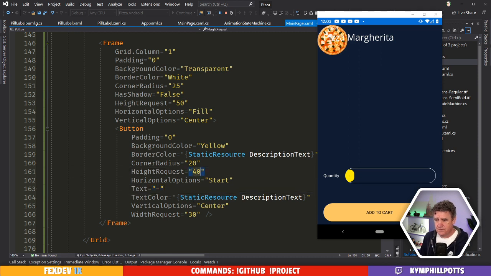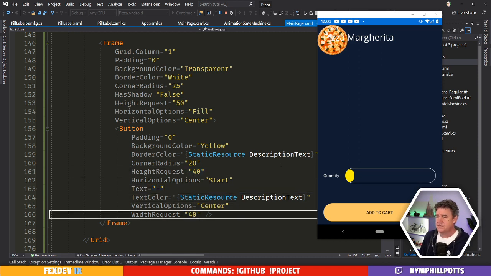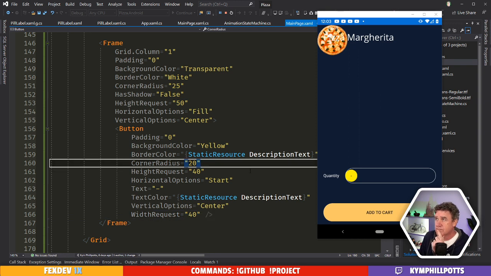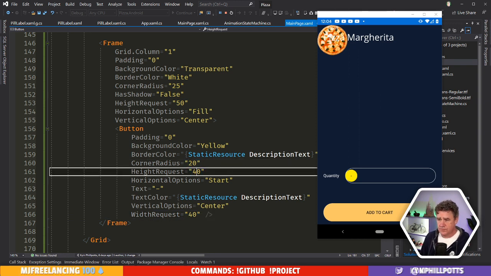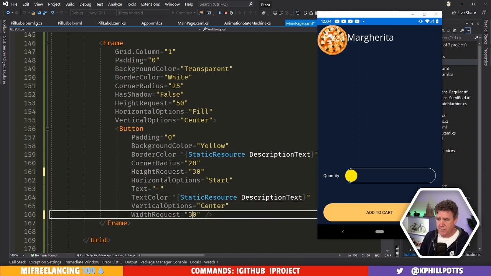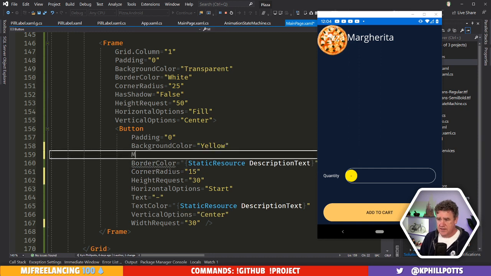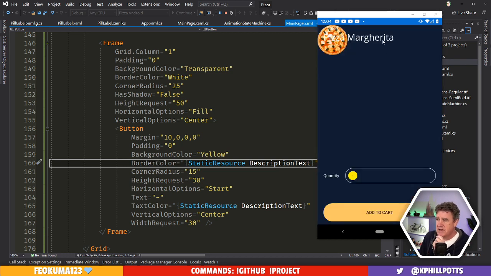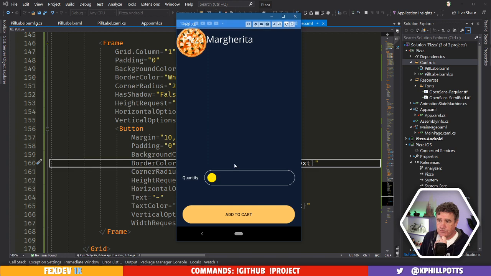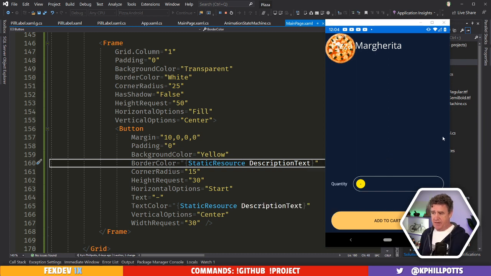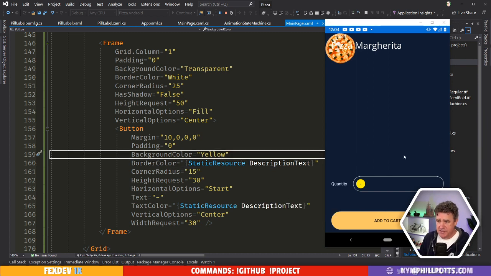Nice. It's actually a bit smaller than that, so let's make it 30, 15. And let's give it a margin to the left of 10. There we are. That's about right. Beautiful. Okay, so there's our negative button. And then on the other side,